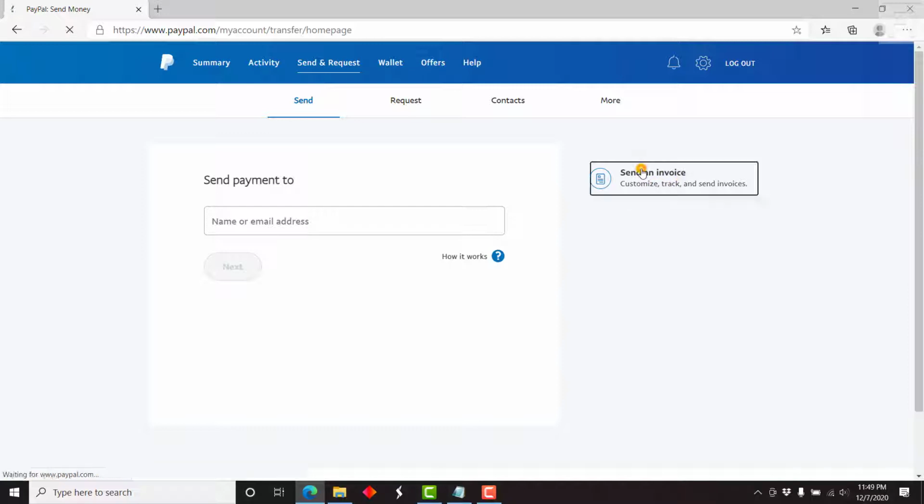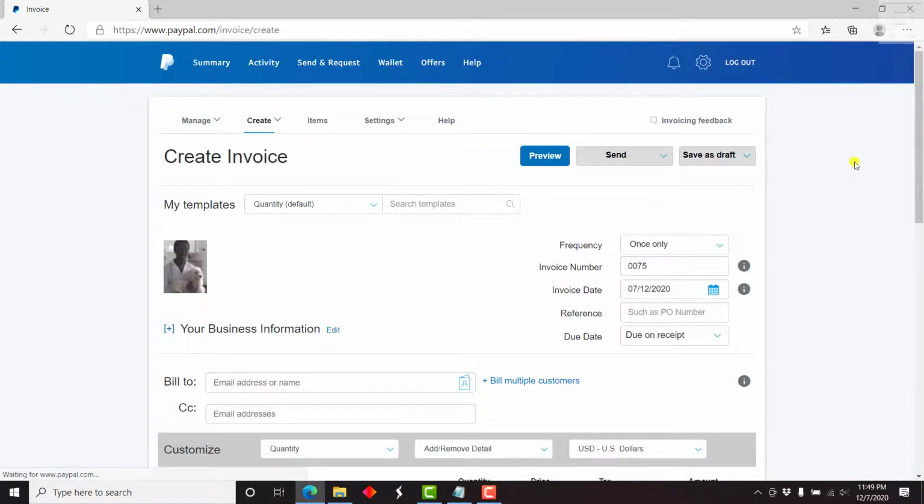Just click on Send an Invoice, and once you click on that, then you'll get this new page where you have the option to manage invoices and recurring series and manage estimates. You can create an invoice or an estimate, and then the items, and then we have settings where we have the address book, business information, tax information, templates, and then we have the option for help. We also have invoicing feedback. Now, most of this you may never use, but the most important part is the option to create an invoice,